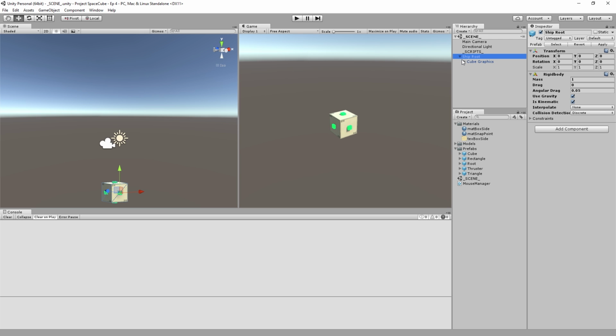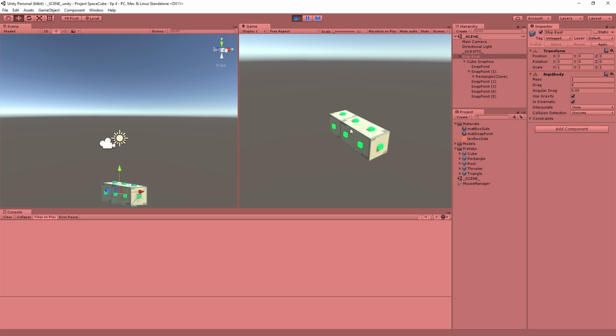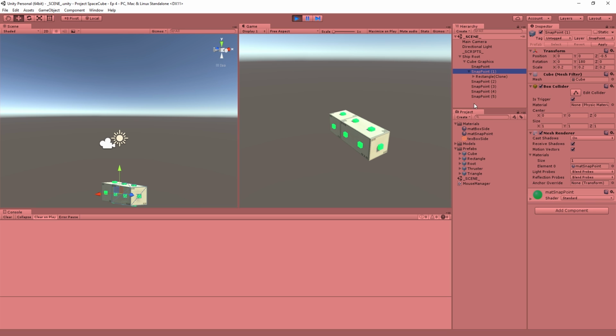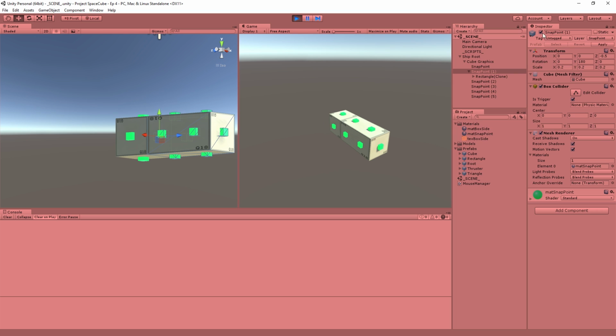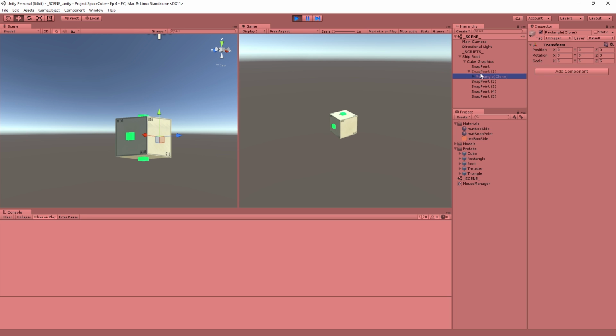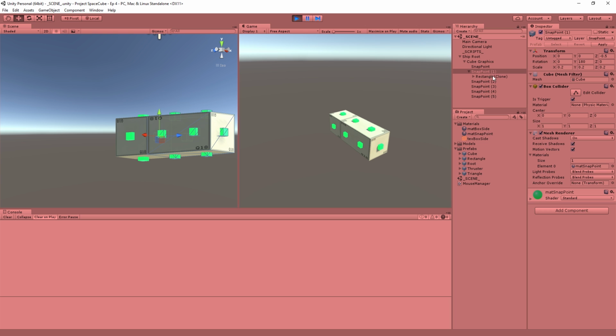Here's something else you could consider. It's not really important, but after you connect an object to a snap point, instead of connecting this way, you could disable the snap point or do this or that. There are a few different things you could do to potentially save a little bit of processing power for your computer. I can't just do the SetEnable on the snap point as a whole, because it also disables all the children, so that's not good. But I suppose we could